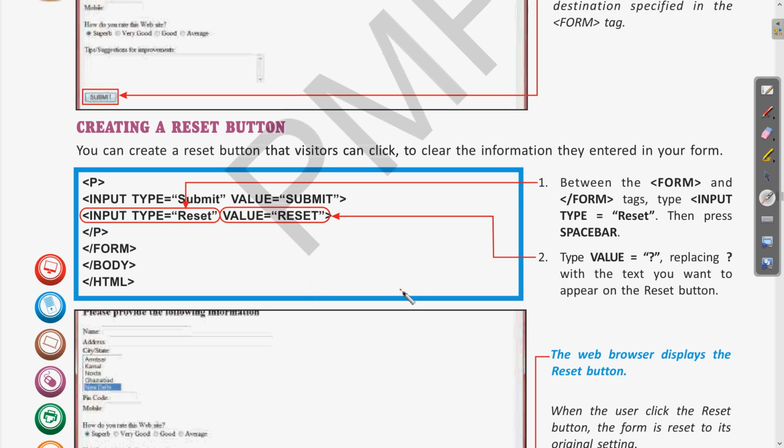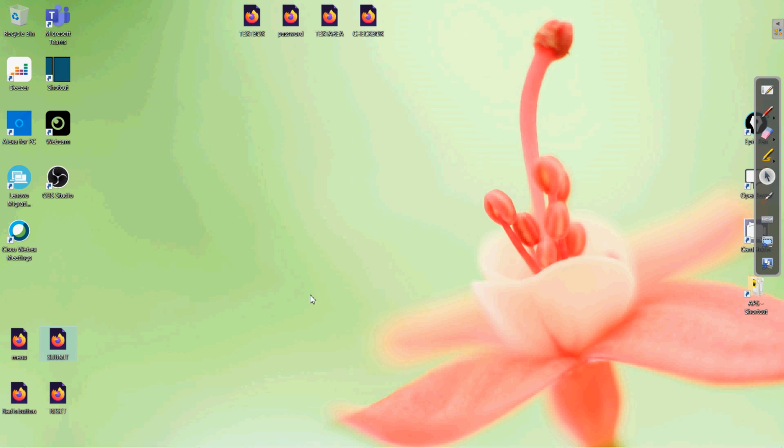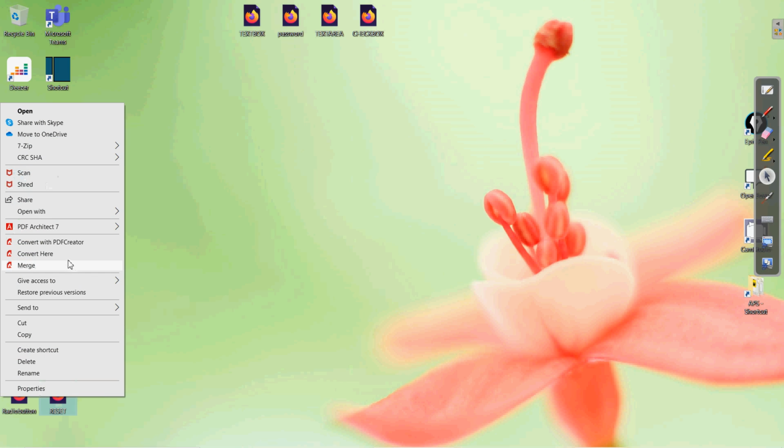Okay, so for using the reset, here you can see just after the submit button we have written it. We can write it anywhere after the completion of all the elements in the web page. Most of the web pages we visit have the submit and reset button there also. So here we are writing the input type as reset, and whatever value we want to give, this can be reset. Whatever text we want to appear can be given in the value attribute. Okay, now let us see the code of this once, and then we will see the output of the same. So here is the reset program.